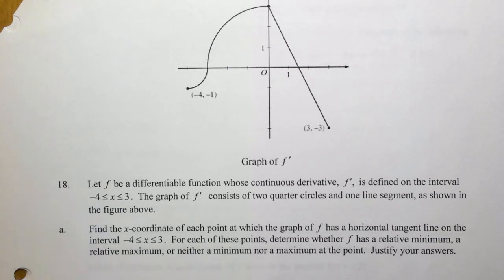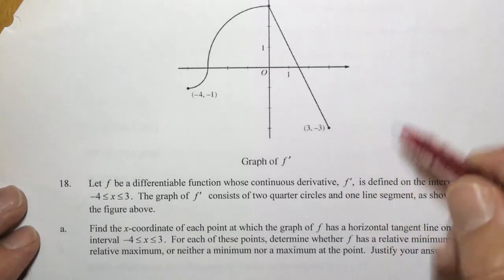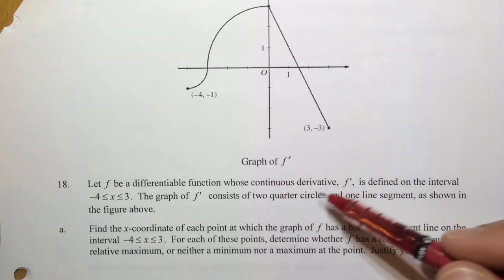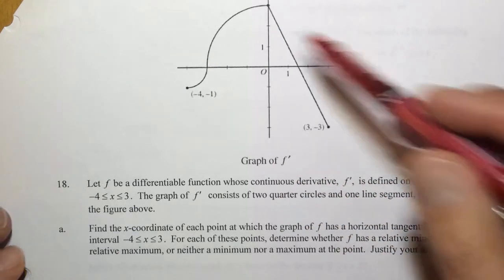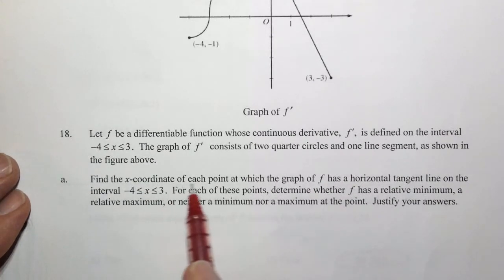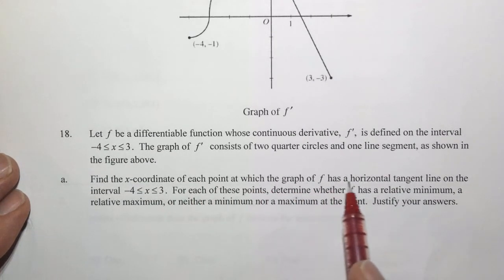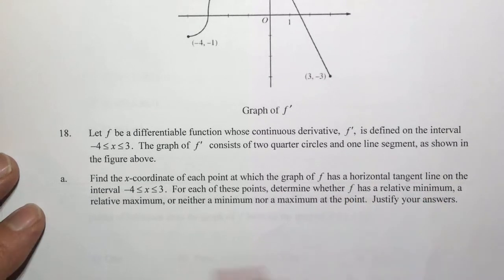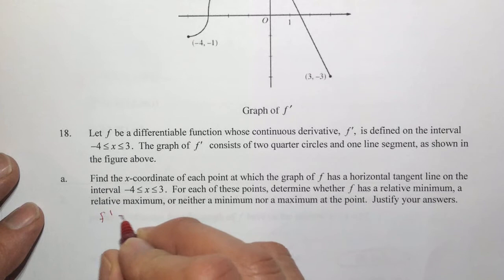Okay, finally the FRQ. f is a differentiable function whose continuous derivative f prime is shown right here. So this is continuous. The graph consists of 2 quarter circles and 1 line segment, as we can see here. Okay, part A. Find the x-coordinate of each point at which the graph of f has a horizontal tangent line on this interval. All right, so if f has a horizontal tangent line, that means that f prime is equal